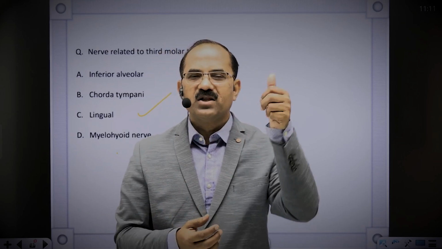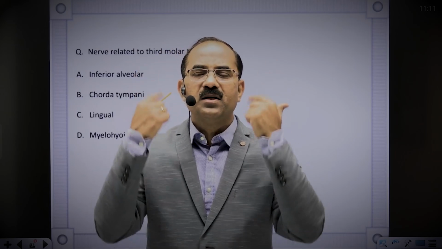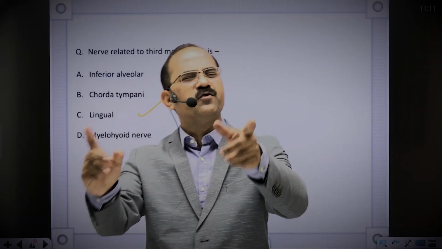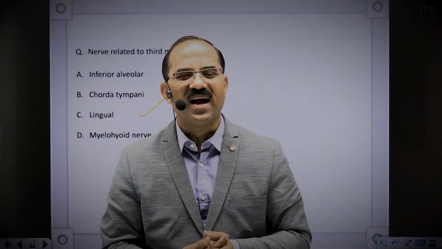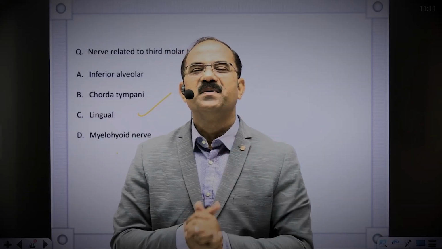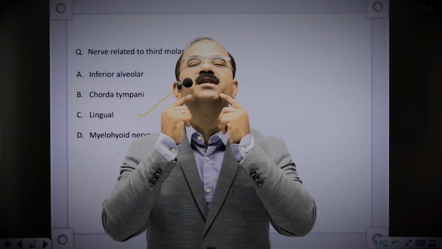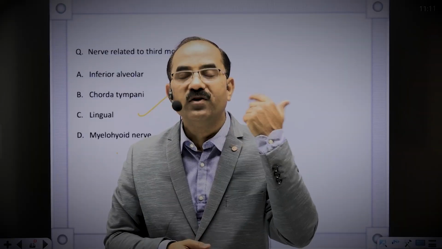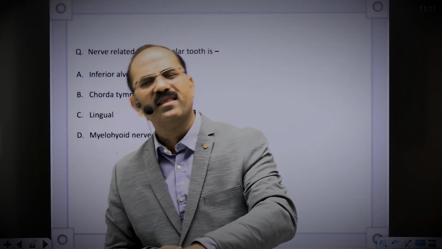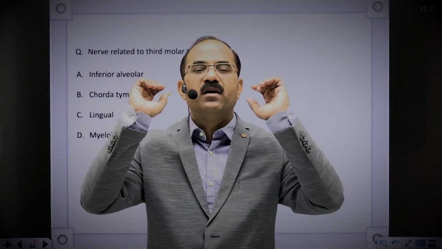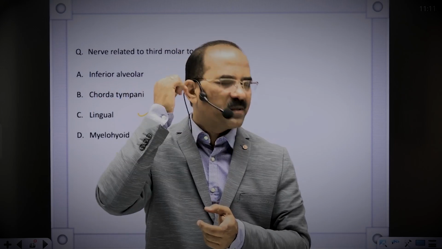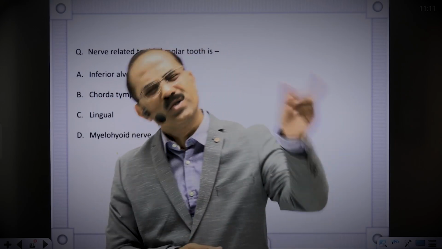Posterior division gives three branches. One, lingual nerve, supplies general sensations to the anterior two-thirds of the tongue. It is joined by chorda tympani, a branch of facial, which supplies taste sensations to the anterior two-thirds. Second is inferior alveolar nerve, enters the mandibular foramen, supplies the lower jaw, emerges out as mental nerve. Before entering the foramen, it gives a branch, nerve to mylohyoid, which supplies the mylohyoid and the anterior belly of digastric. The last one is the auriculotemporal nerve, arises as two roots, encloses the middle meningeal artery, goes up, supplies the skin over the auricle and the temporal region, also carries the postganglionic parasympathetic fibers from the otic ganglion to the